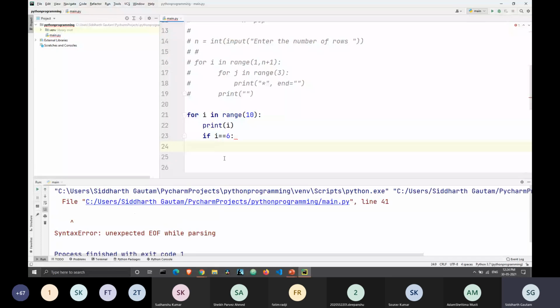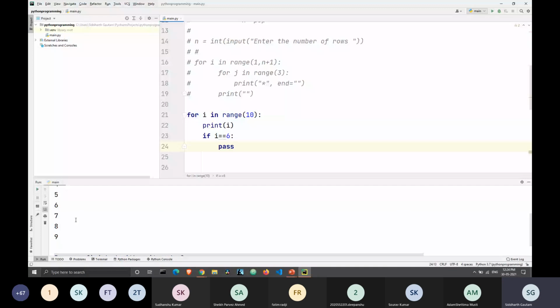So if I do have an if condition, but I don't want anything to do with it, I can just write pass, and Python understands that if there's a pass there, it doesn't have to do anything, and everything keeps on working as normal. That's why when I run this, the range gets printed from 0 to 9.